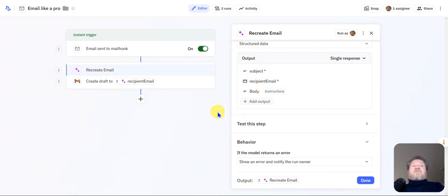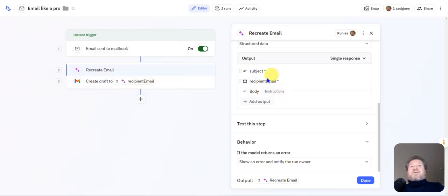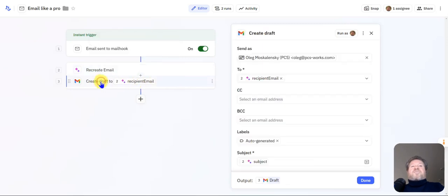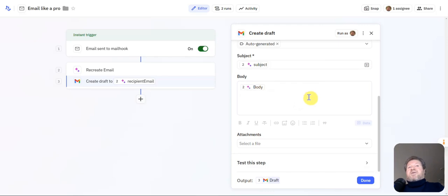And then after that, the next step, step three here, it says create draft to recipient's email. And the recipient email is what we have up here. It's basically saying create a draft to this person. And if we click on it, you'll see it's getting all the fields for the email from what we got before. It's got AI body here,